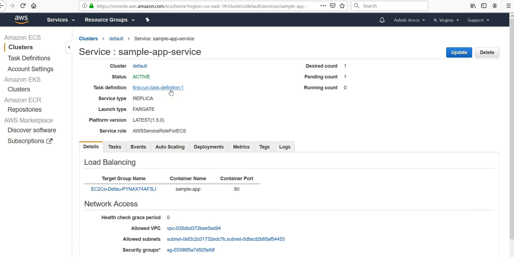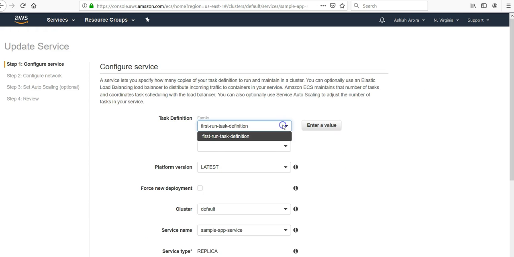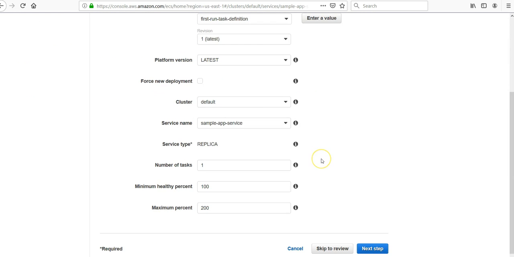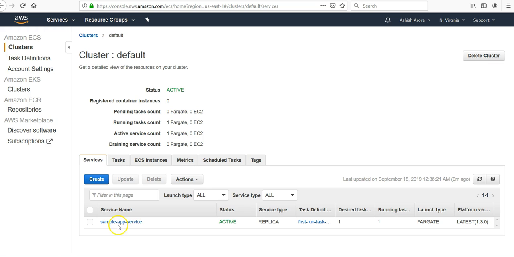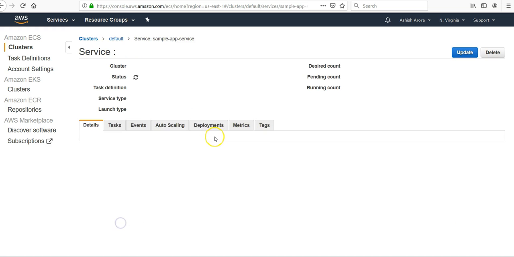My task definition is this. Desired count is this. If I want to click on update, I can view in my task definition what I wanted to do. I will share the detail section later regarding this. Cancel. So if you click on sample app service